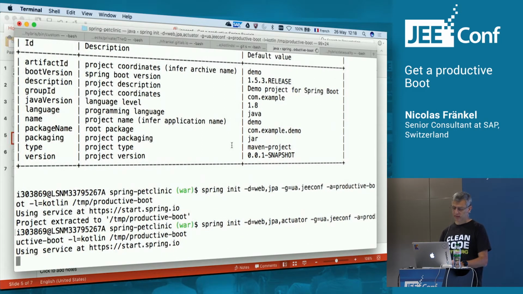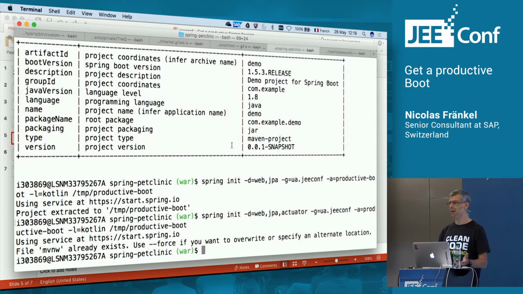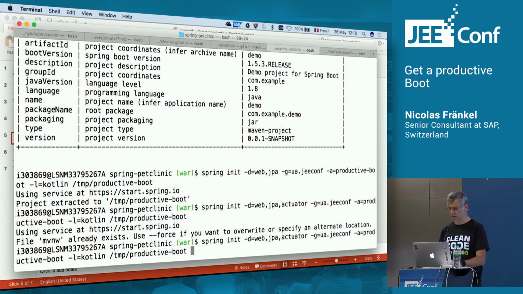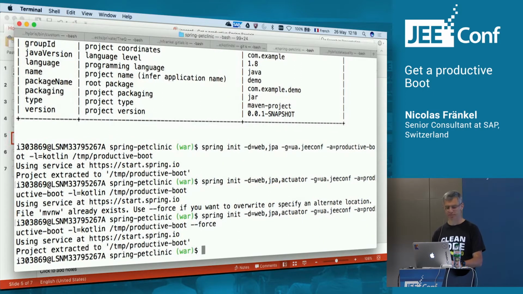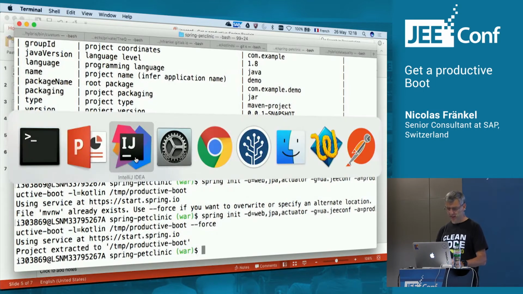But it already exists, so it complains. Yeah, hey, you cannot do that, but then there is this little flag that you can tell: please do it. Of course, it overwrites everything. So if you already did some changes, you better have it under source control. Otherwise, you can see here that